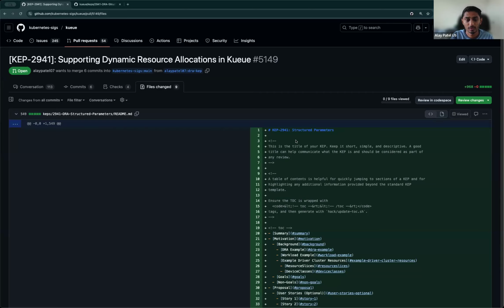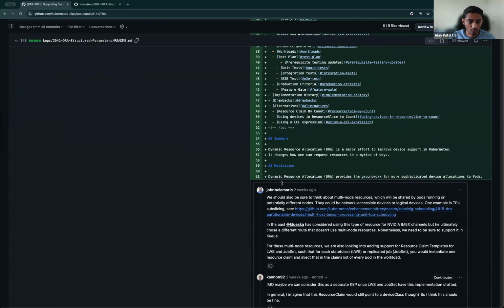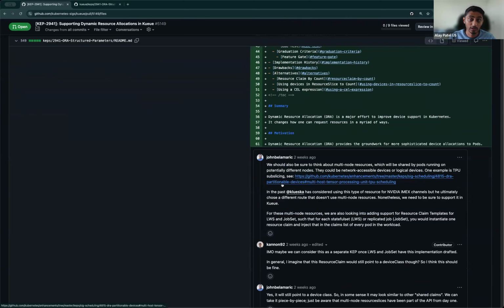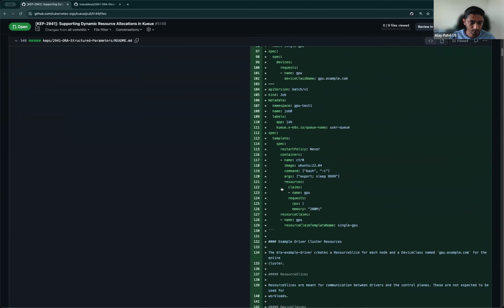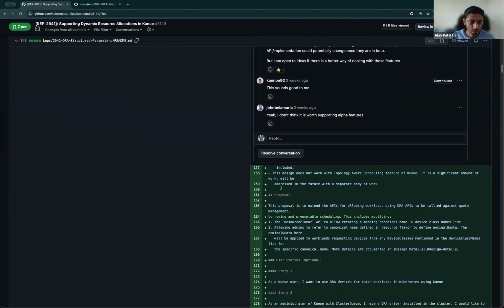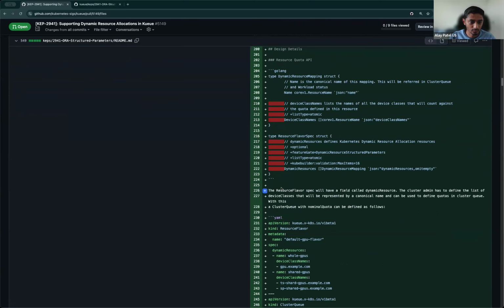And as part of today's discussion, I wanted to share some ideas on what it would look like first, and then follow it up with some problematic scenarios that I came across while brainstorming this. So let me get started with how moving the device mapping into resource flavors will look like. I'm scrolling down the cap, and